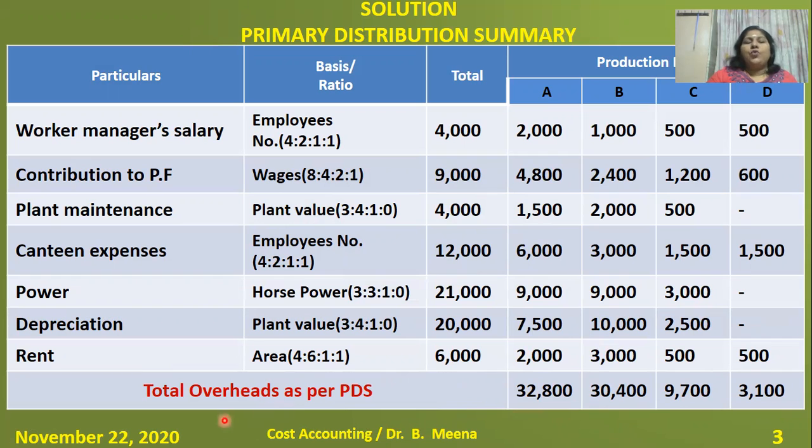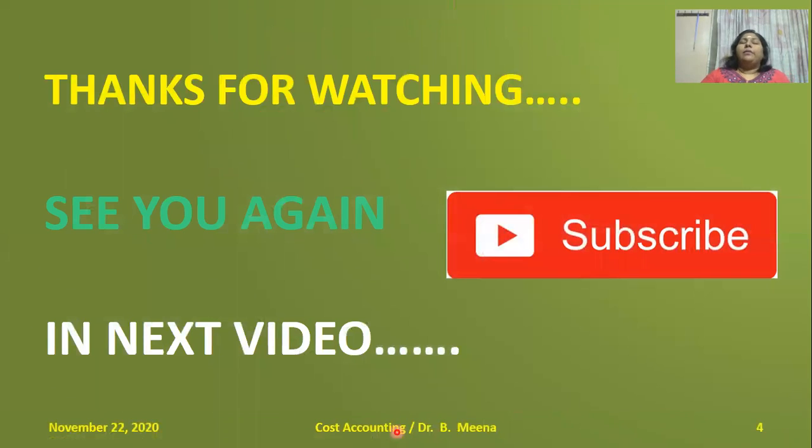Then put the total for all four columns. I'll get the total overheads as per the PDS. This is the way you can calculate the amounts for the production department and service department